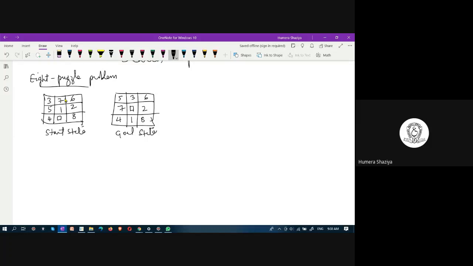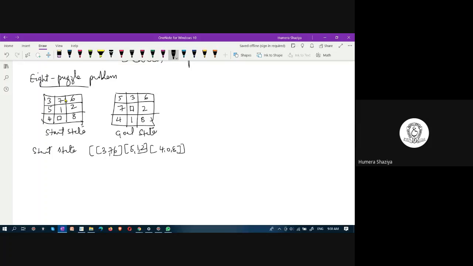Let us represent it in the form of state space search. In state space search, there is a start state. So what is the start state? Our start state is 3, 7, 6 in the first row, 5, 1, 2 in the second row, 4, 0, 8 in the third row.